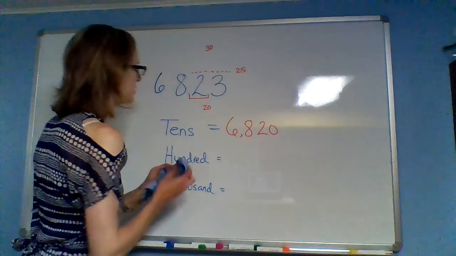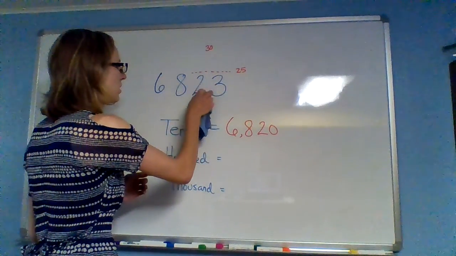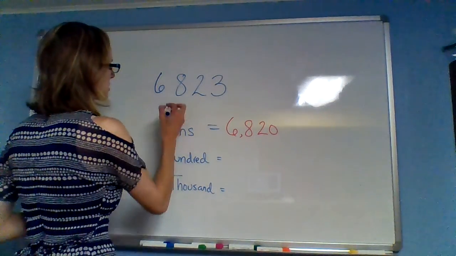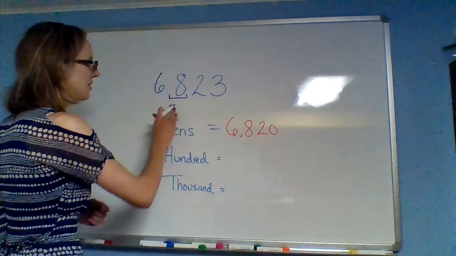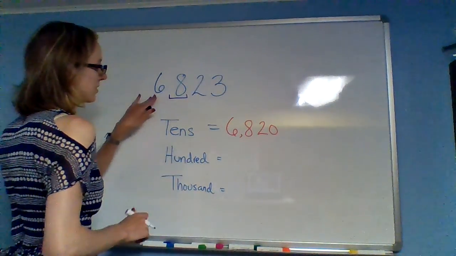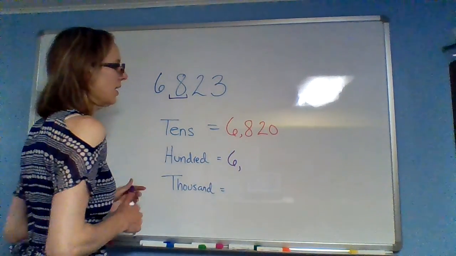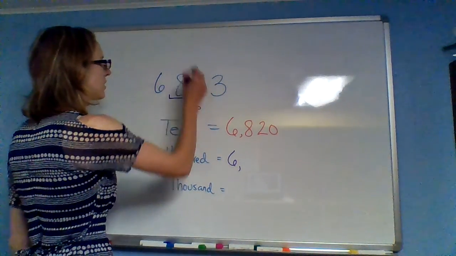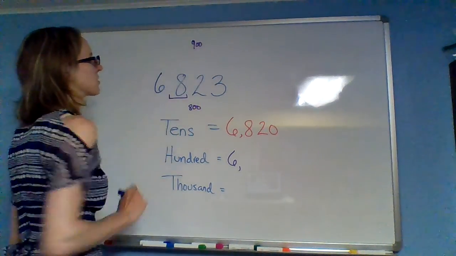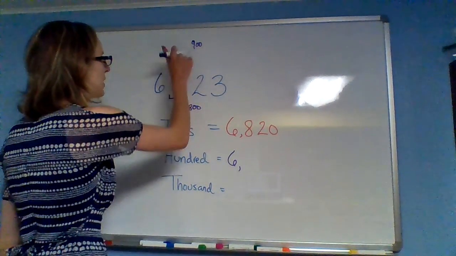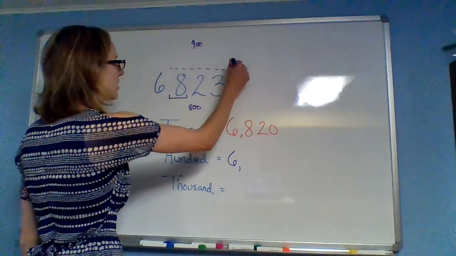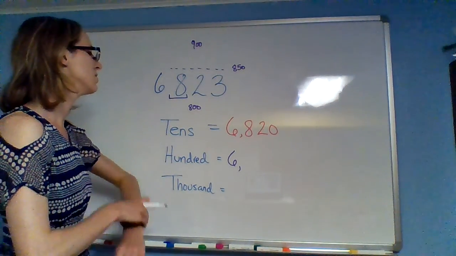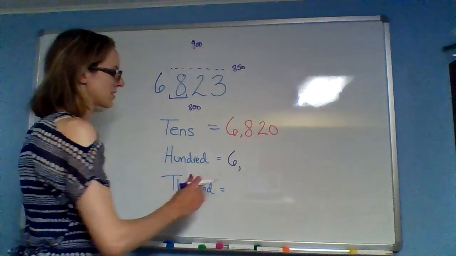If instead of rounding to the 10 spot, I want to round to the 100 spot, I now need to consider the two numbers that come after that. The 6 is going to go untouched. And now what I need to determine is, is 823 closer to 800 or closer to 900? The halfway point between 800 and 900 is 850. 823 is less than 850. So I would say that when I round to the 100 spot, my answer is